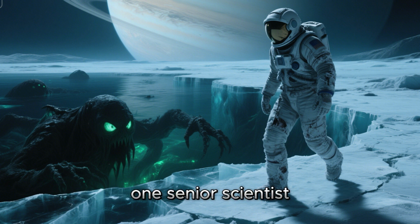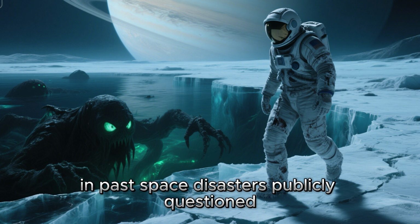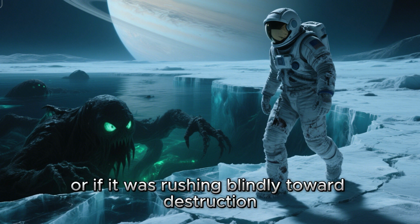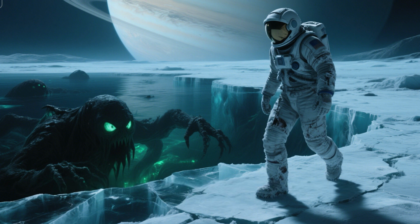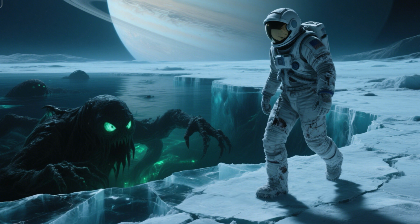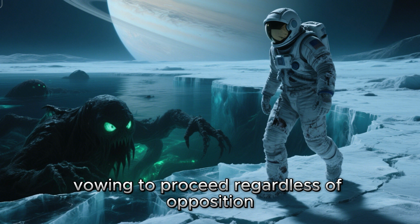One senior scientist, haunted by memories of lost colleagues in past space disasters, publicly questioned whether humanity was ready to play cosmic explorers or if it was rushing blindly toward destruction. The private agency's director countered with fiery speeches about human destiny and the cost of stagnation, vowing to proceed regardless